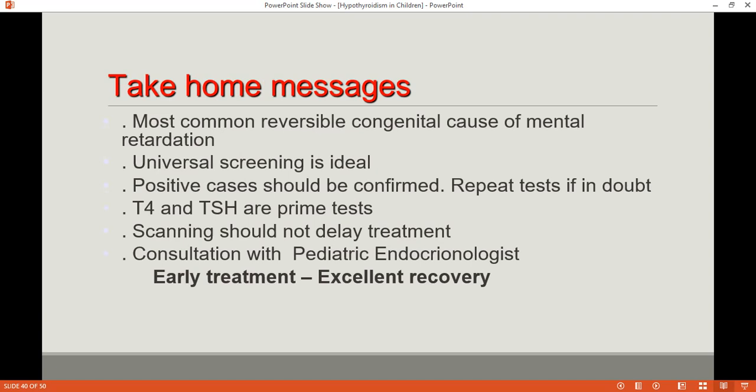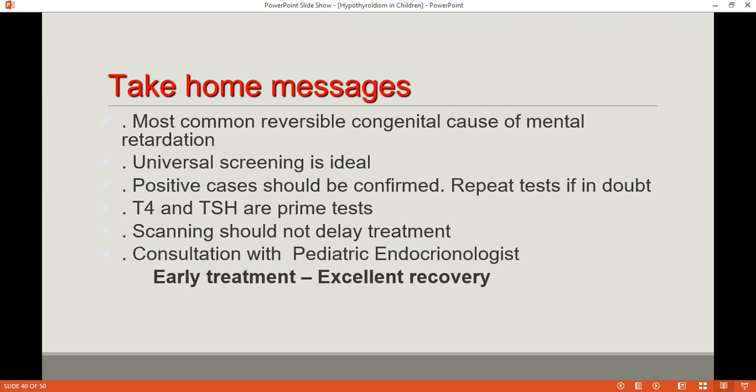Now the take home message: the most common reversible congenital cause of mental retardation is hypothyroidism. Universal screening is ideal. Positive cases should be confirmed by repeating the test if in doubt, and free T4 and TSH are the prime tests. Sometimes we need scanning, but it should not delay treatment. If you are planning a scan and it will take a week or a month, the treatment should not be delayed. Treatment should be started,